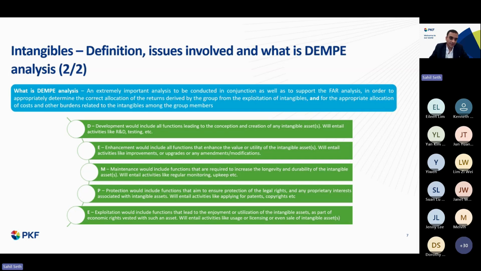Now coming to the fourth element of the DEMPE, which is protection. Protection here, generally again, depends upon which industry and what kind of intangible there is. In our experience, what we have seen is that it could be possible that the ultimate parent entity or the entity who has developed the intangible, generally it would be